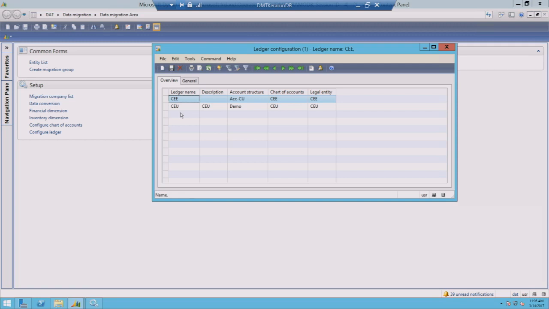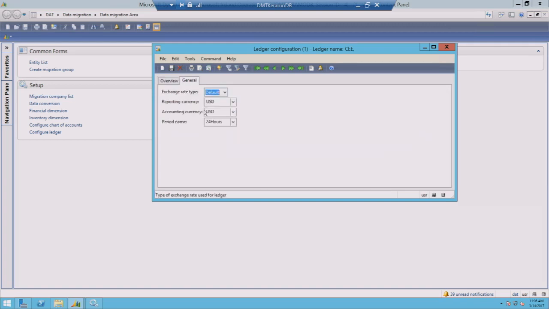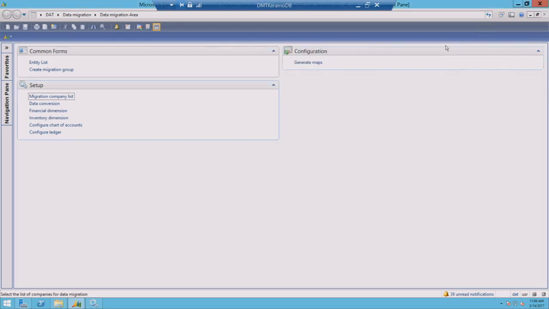A ledger is nothing but a combination of calendar, chart of accounts, and a currency. So that's what you do here. You specify your chart of accounts that you want to use for that legal entity, and then you specify the calendar and the currency that you want to use. We use this information and then create the ledger for the legal entity. So from a target perspective, all we want is just the legal entities to be there. And then using this definition, you can migrate all your accounts. Those are basically the primitives you would need, and then your configurations. So that's where